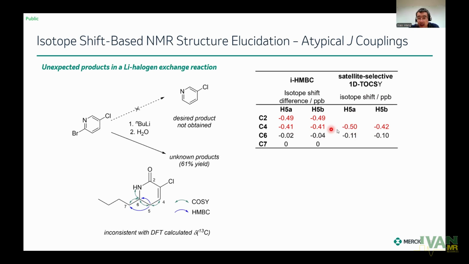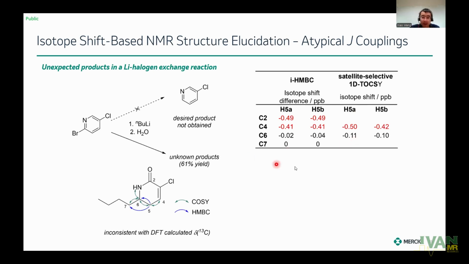You see that the numbers are a little bit different between the two methods, but the difference in isotope shift from H5A to C4 and to C6 is 0.39 ppb, and here the difference is also 0.39 ppb. So the relative number is correct. What you get from i-HMBC is a relative isotope shift, but what you get from 1D TOCSY is the absolute